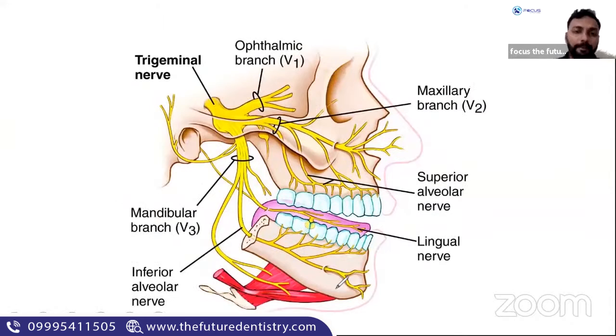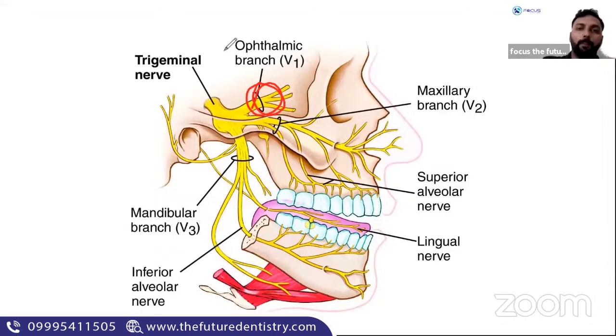Now, I've just put the picture of your trigeminal nerve. So have a look at these foramens and fissures which we had discussed previously. So this particular region, can you tell me through which foramen or fissure the ophthalmic branch is coming out? What is that particular red colored hole? Yeah, superior orbital fissure. Very good.